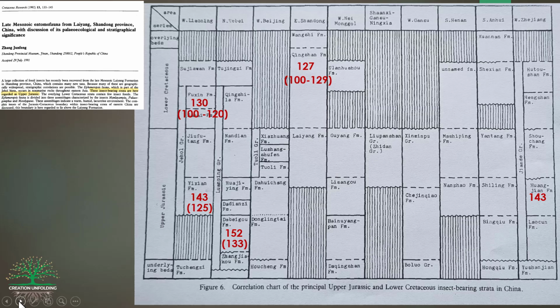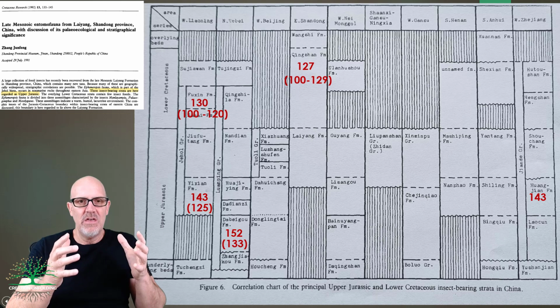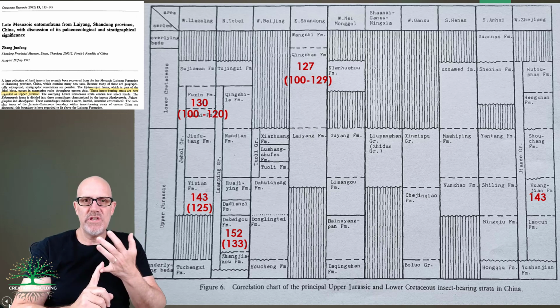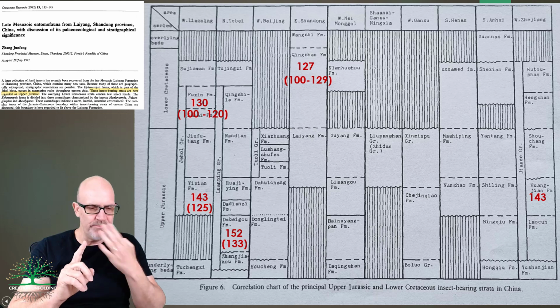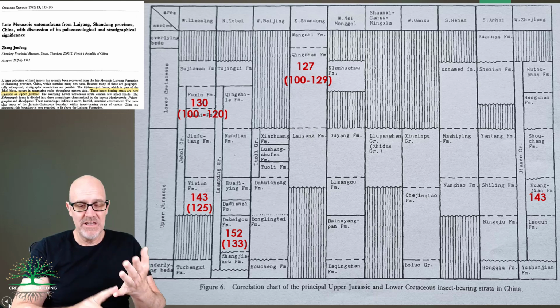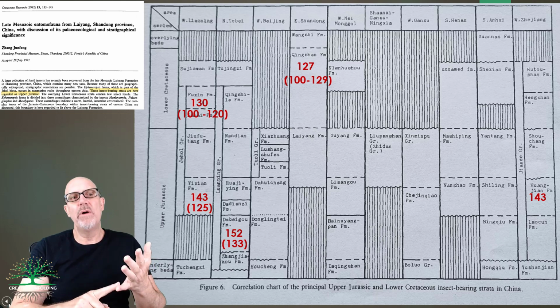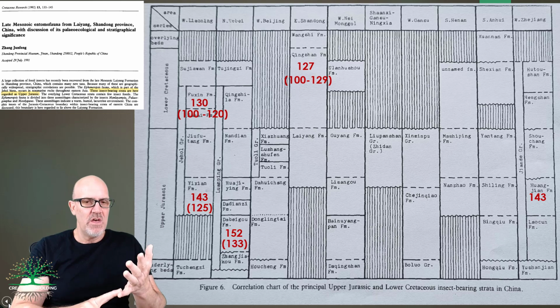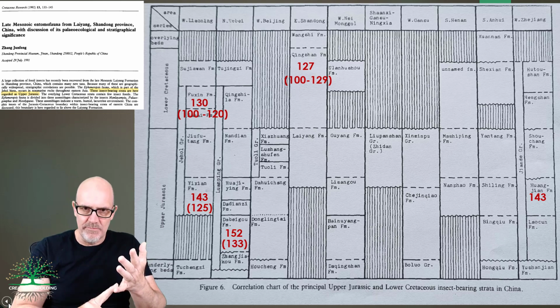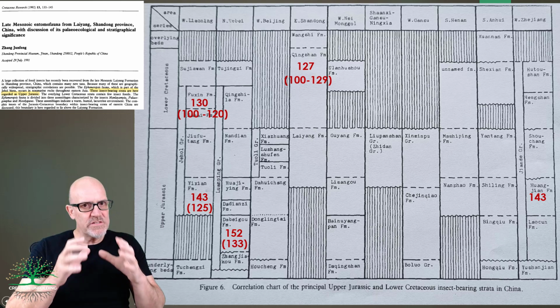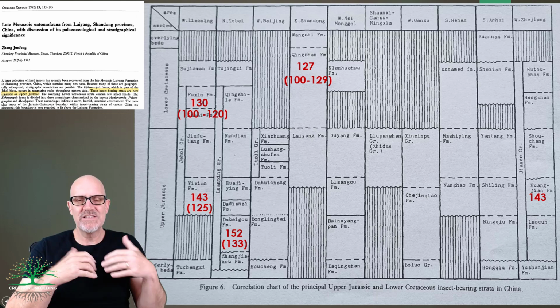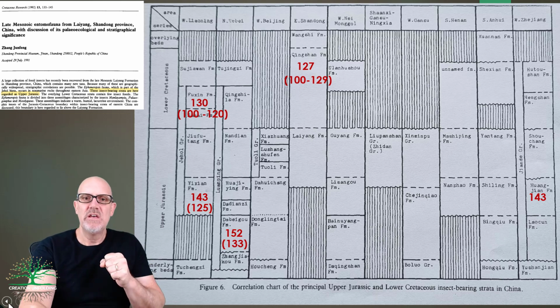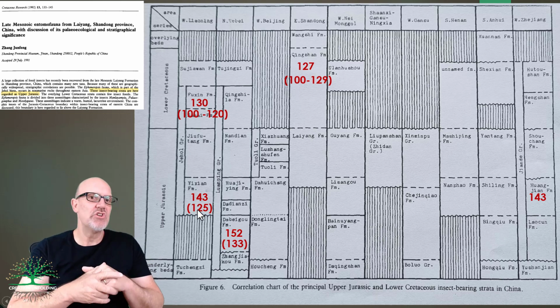Anyway, I've gone through all of that to show this is problematic. This is not just a small issue. There are issues with the actual boundary of the Cretaceous-Jurassic boundary, where it lies. Is it 135 million years ago? Is it 145 million years ago? And then you've got a whole bunch of inconsistent radiometric dates. You've got a whole bunch of inconsistent biostratigraphic data. Now, as I said, things seem to be resolved. In other words, I guess most people have come on board and have accepted this younger age for the Ishian formation.